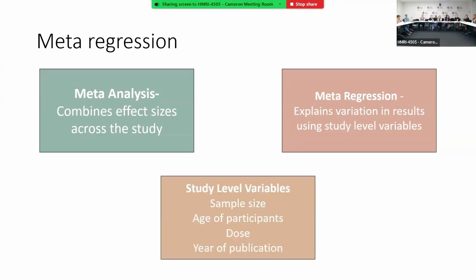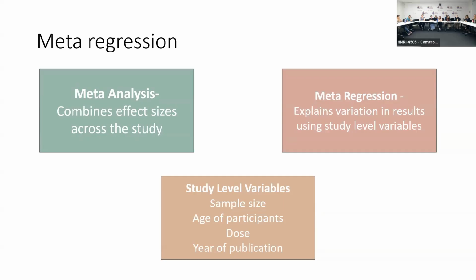Now, meta-regression is something that accounts for study-level variables. Essentially, like a regression, we want to see what other things might be influencing this heterogeneity, and we can't subgroup. They could be things like sample size. Oh, that study had 4,000 people and the other studies had 20, right? That's probably the driver. Age of participants. These were all really young people, and that's skewing my results and causing high heterogeneity. Dose. These people got 1 kilogram worth of something, and these people got 10 mils of something. It's going to skew your results.